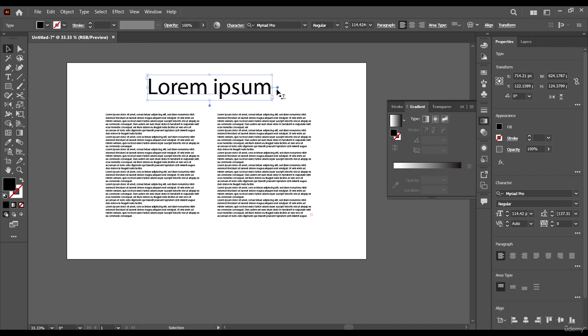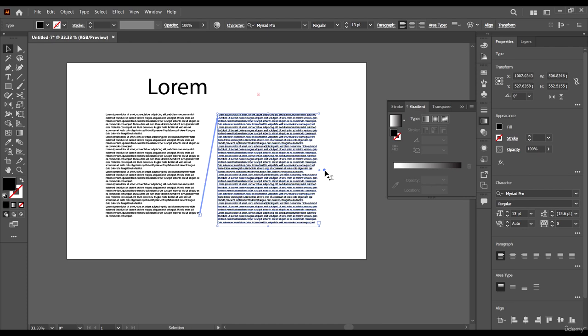All you need to do is double click this and we've changed this point text to an area text. Now as you can see, as I increase the size, it's no longer increasing, right? And so also with this one, all you need to do is double click it here and you're going